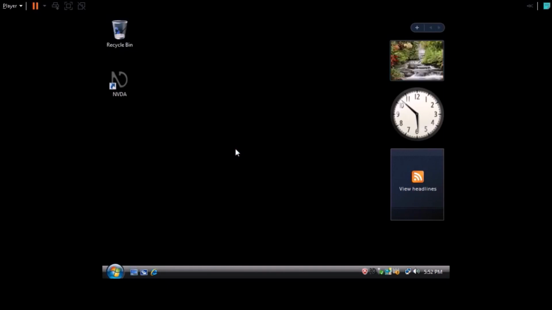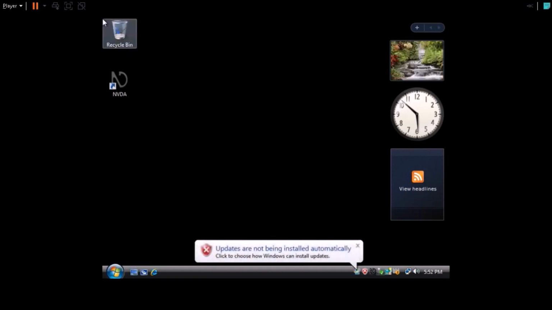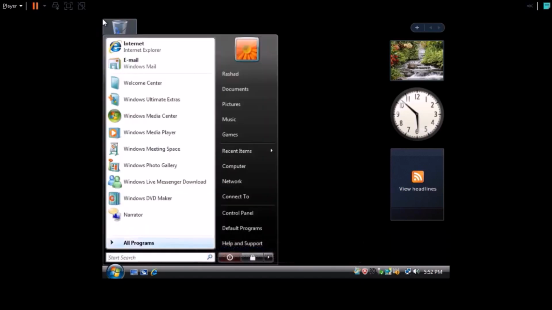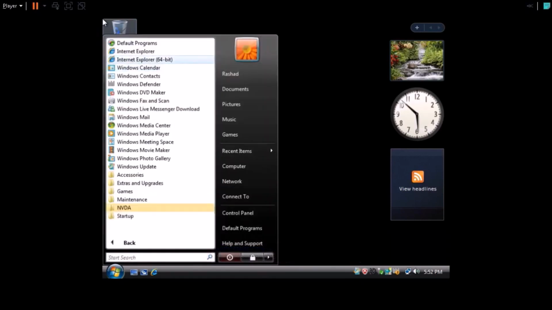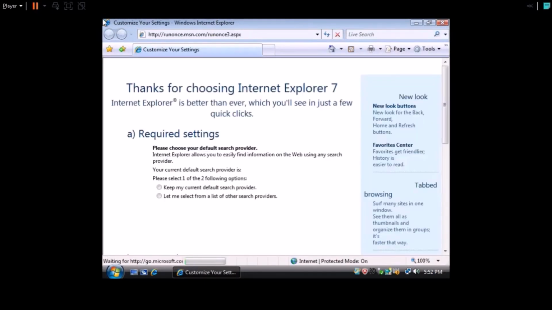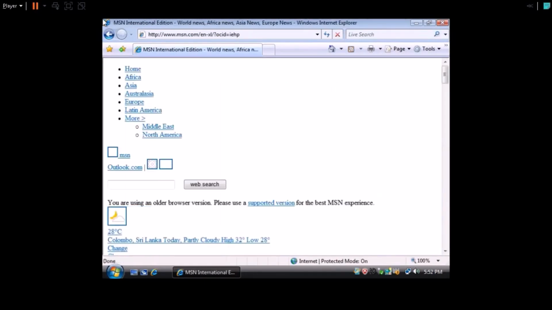Start button. Quick launch. Running application. Notification. NVDA button. Safely remove hardware. Windows Sidebar button. Windows Defender button. System control volume button. Currently connected to network. Okay. Access. Start menu. Start search blank. Namespace 3. Windows Calendar. Internet Explorer 64-bit. Windows Internet Explorer. This is Internet Explorer 8, okay, which means this is completely